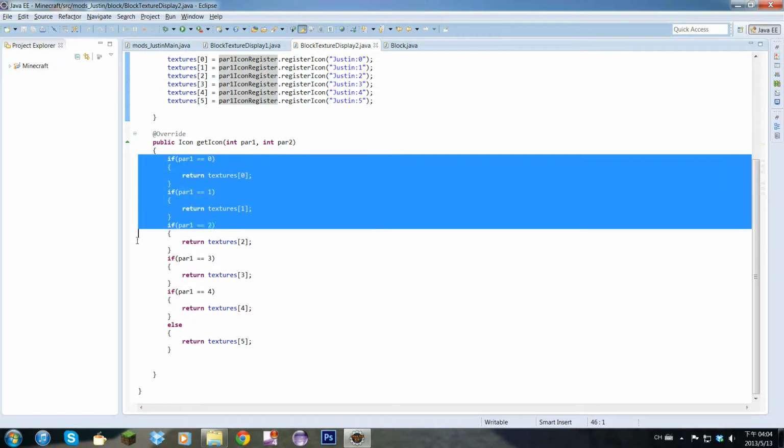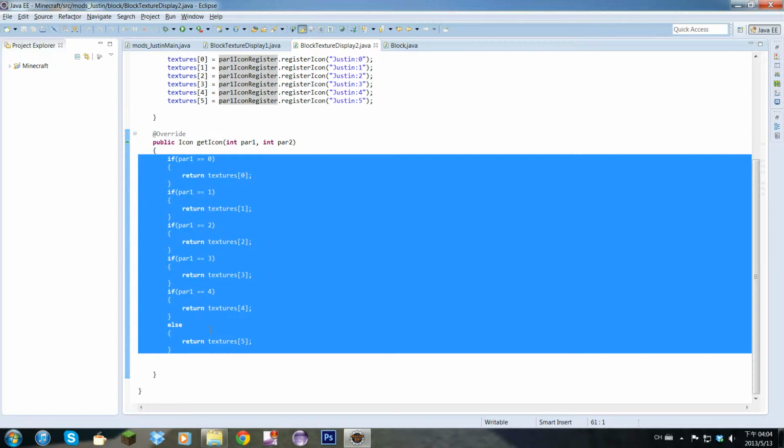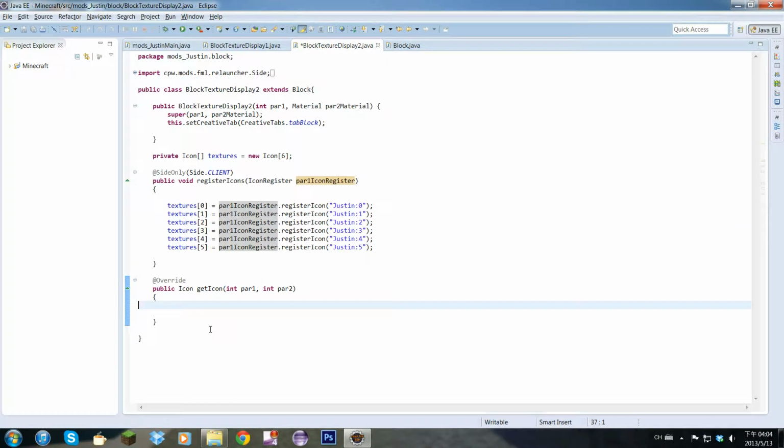So before we leave, I want to tell you one more thing about a little bit of Java. I'm going to delete all the stuff that we just created. For the return statement, we can do return, and then when our power1 is equal to, the first equal means yes, and then the second equal means equal. So you will do power1 is equal to 0, right? And the question mark means yes. When yes, I'm going to give you textures 0, and then you do a semicolon after that,